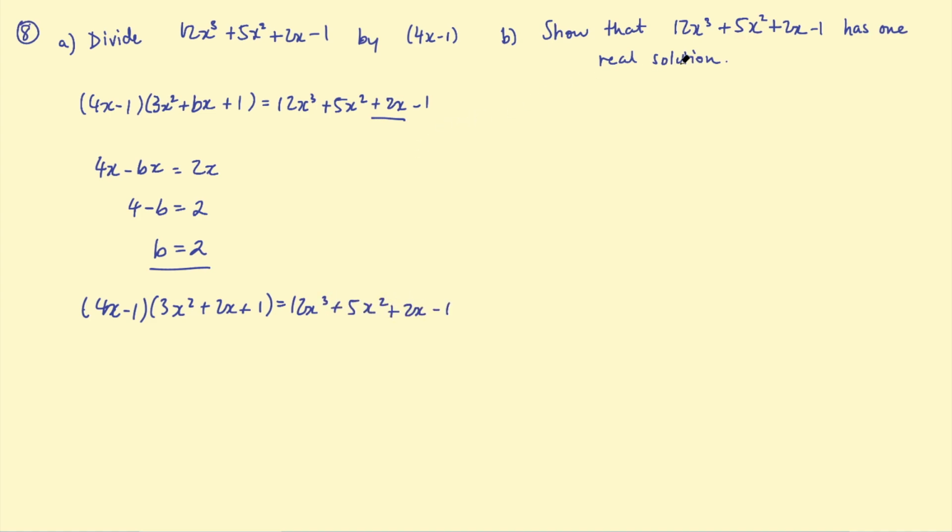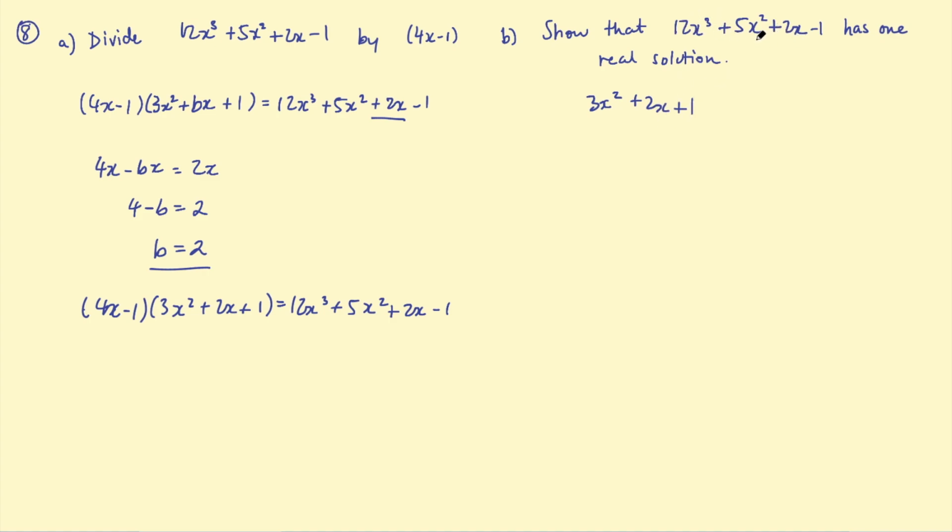Now let's look at a possible follow-up question you might get when you're doing polynomial division. This question says, show that 12x cubed plus 5x squared plus 2x take 1 has one real solution. What is this talking about? We need to look at the quotient we just got, the result of this division. So 3x squared plus 2x plus 1. And because this is a factor of this cubic, if this quadratic has real solutions, then this cubic will also